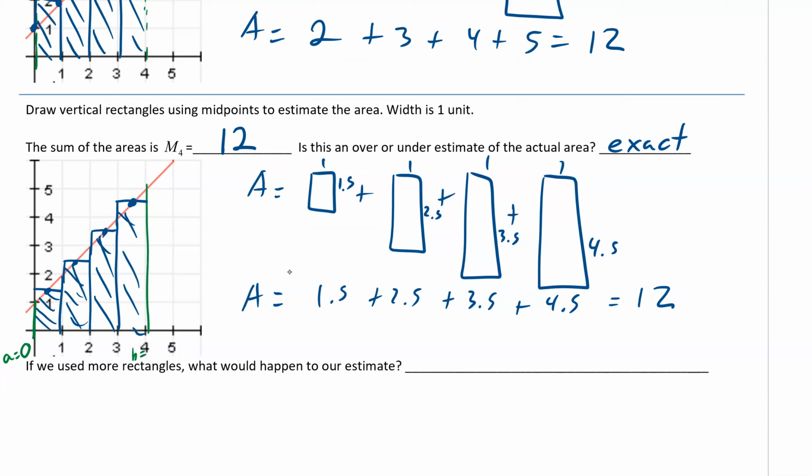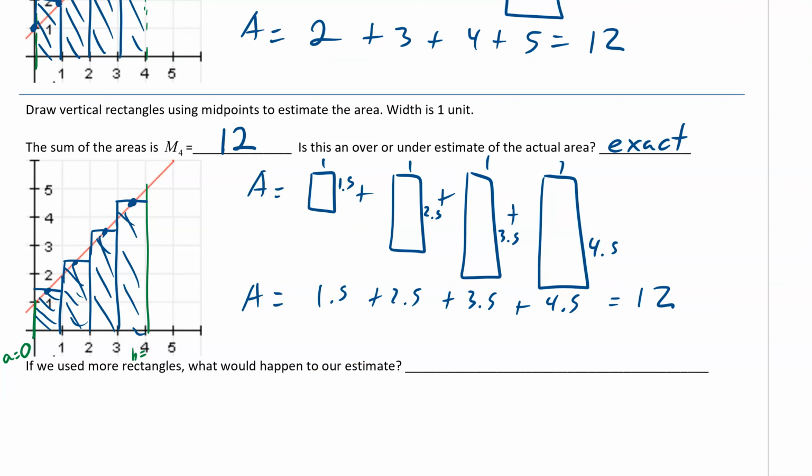And let me show you why, because my picture, you can kind of see it, but that triangle fills in that triangle. We have a line here, so that triangle is filling in that, and so on and so on. So we get 12, which is a better estimate. It's exact. So now the last question is, if we use more rectangles, what would happen to our estimate? So in the next video, we're going to be using more rectangles for some similar problems